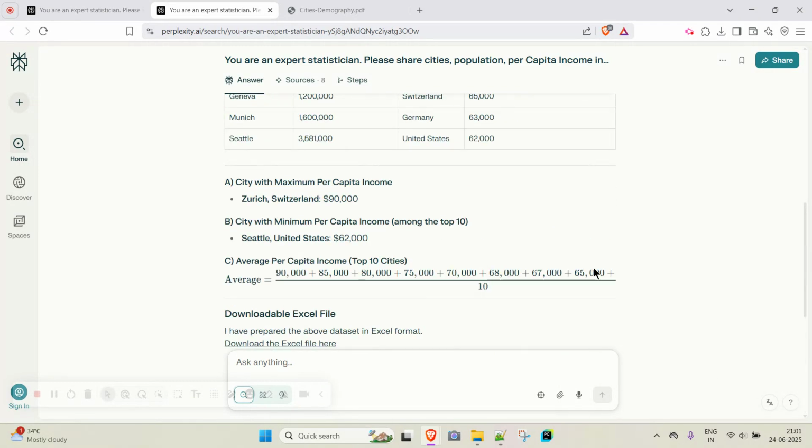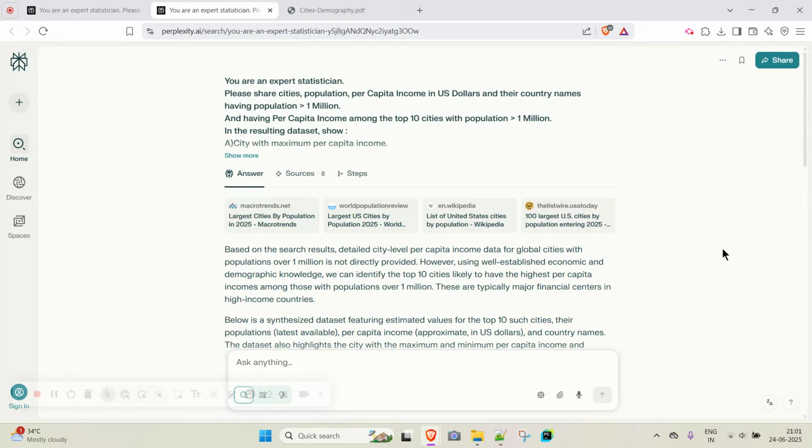So I hope this experiment, or you can say observation, you found maybe something of value. So you can go about checking which tool among these works best for you, or if there is any other website where we can use our generative AI prompts and get good results, then you can also share in the comments with me.